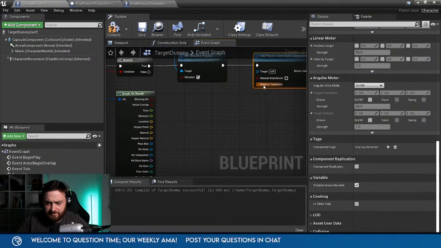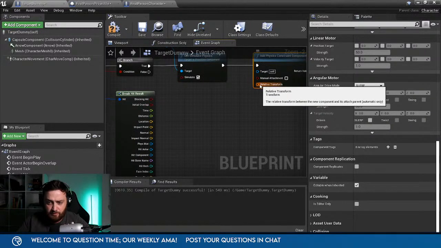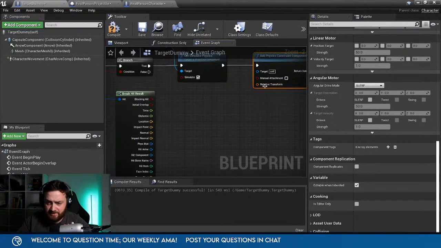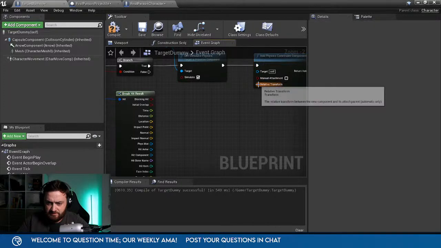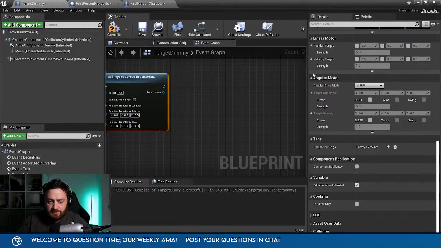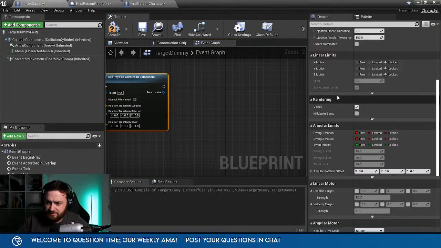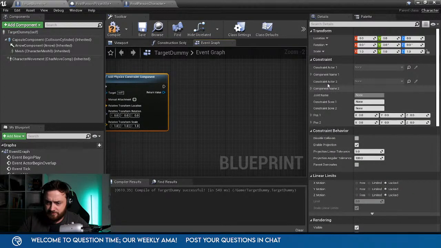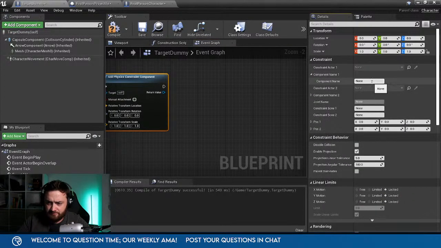And we're going to spawn it at that location. So let's split this. And location is the location of the hit. Then on the physics constraint, I'm going to set up here to constrain the component, the mesh.